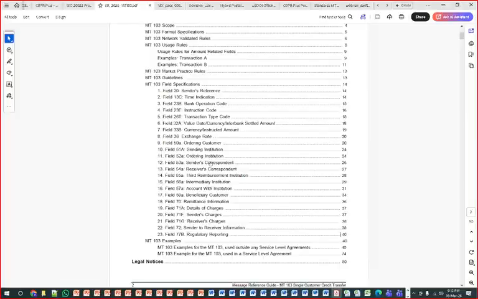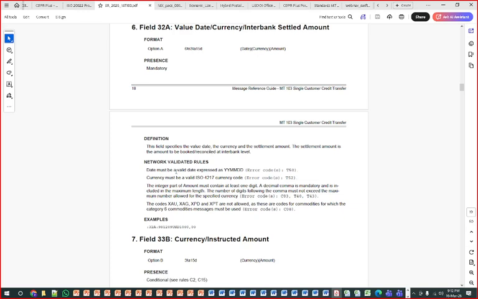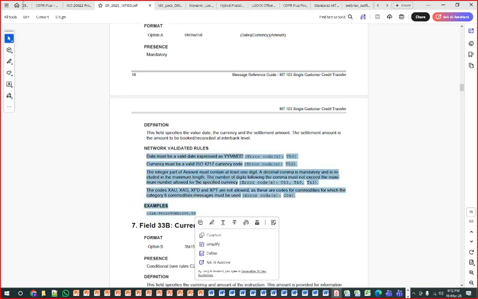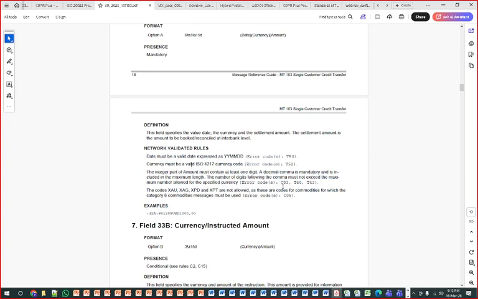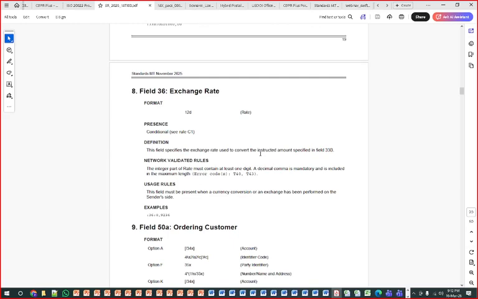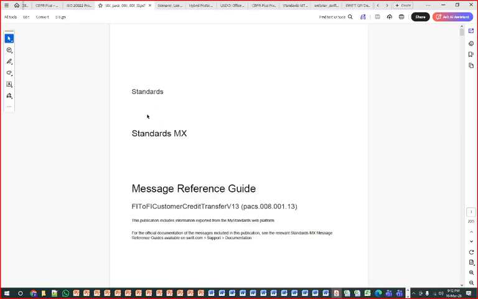If I want to explain 32A, I have to go here. In 32A there is a date, currency, and amount, and the format of it. Then I have to do a deep dive of this and show you how exactly it looks. This is an 80-page document at minimum. Like this we have around 20 documents which I want to walk you through, for each and every payment, how it looks, like the MT103 message.